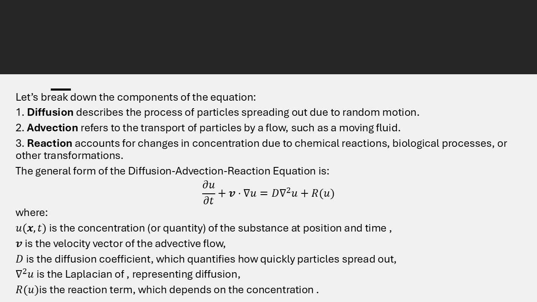Okay, so let's crank up the complexity. Give me an example where all three pieces of the equation are at work. Let's consider the spread of a disease. You have people moving around, potentially spreading the disease. That's diffusion and advection. Right. But you also have the disease itself replicating and potentially mutating within individuals and across a population. Oh, wow. That's the reaction term in action, and it adds a whole other dimension of complexity. So it's like trying to track a moving target that's also changing shape as it moves.